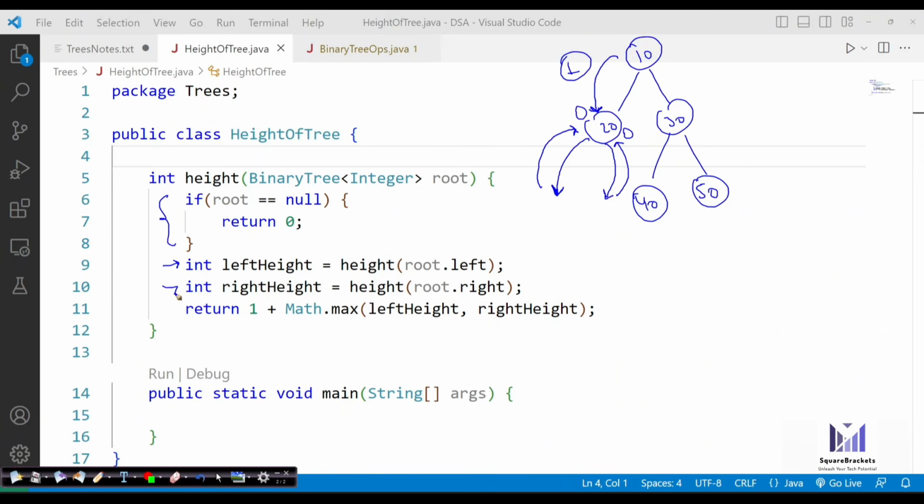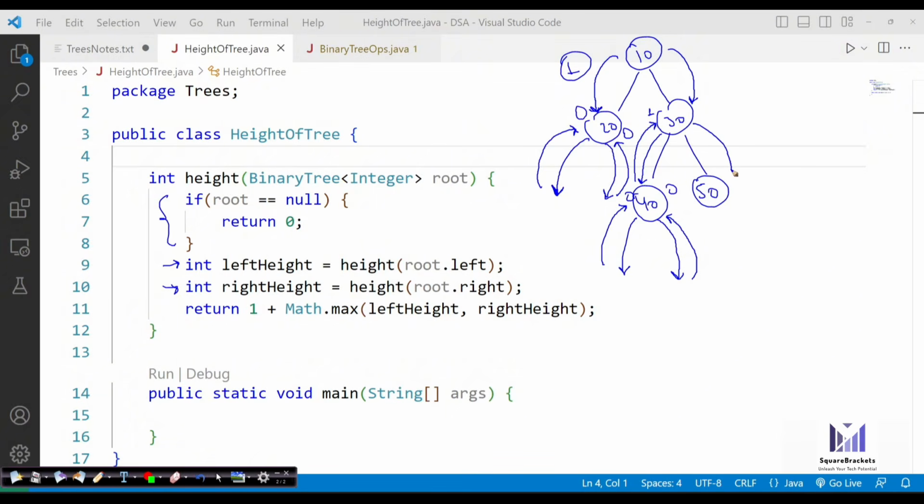Okay, so this line will keep on executing: root.right. So it will go to 30. Now once it goes to 30, it will call this, and now it will go to the left of 30. It will see 40, then go to the left of 40. It will see null here. Now once it gets null here, it will return 0. Now once it returns 0, it will go to the right of it, but it returns null again, returns 0 again, because in right we don't have anything. Then again left, right, 0, 0. 1 plus 0 is 1. So there is a 1 that is being returned to 30.